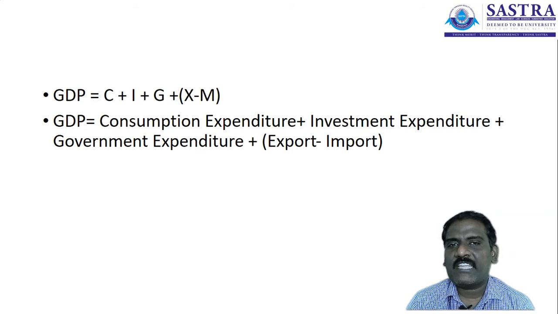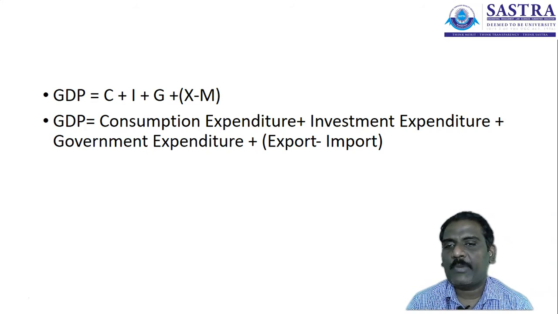The second one is investment expenditure, the portion of income that is spent in the form of investment or stored in the form of investment. It is invested into the capital market, and calculated during the given period of time. What portion of income is kept for future purposes and invested into the market? The total value of money deposited into banks, post offices, or invested into the capital market, all together, is taken into the calculation to understand the investment expenditure in the particular country.